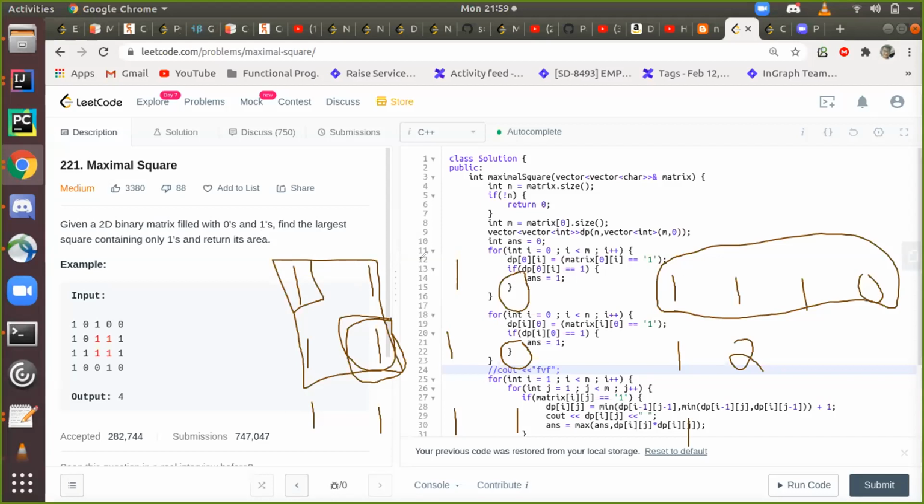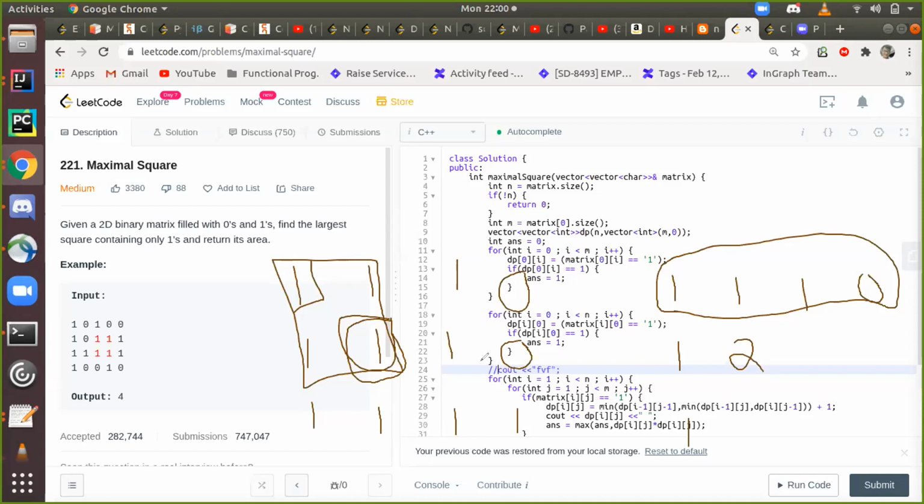So I'm just putting in my DP array, at position 0 of i, a 1 if the element is 1. Got it. Similarly I do for the columns. This part is from line number 18 to line number 23. This is how we initialize the DP array: anything which is 1 can make a square which has only one element in it. Right. Got it. Square of side 1.